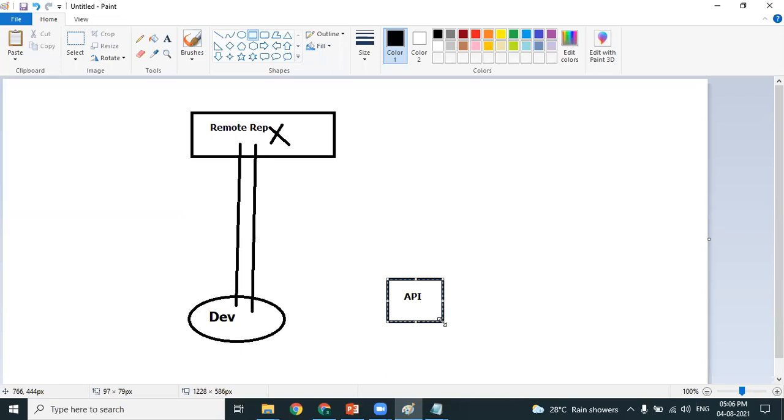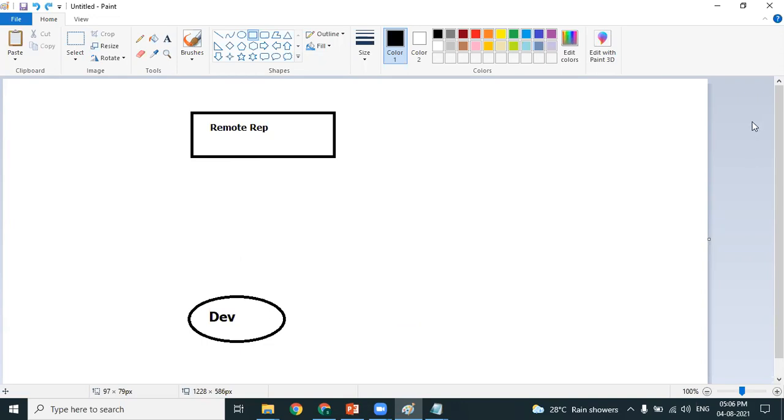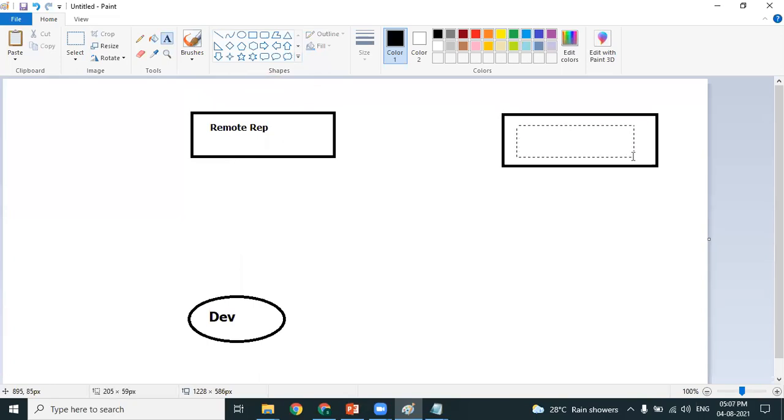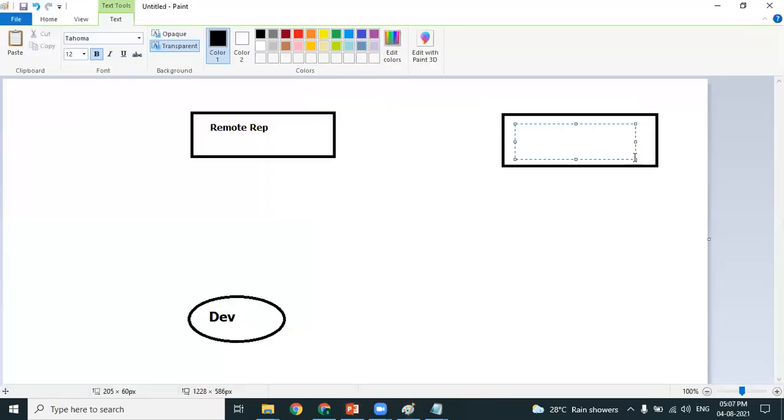So Maven provides a solution for this case. What Maven provides as a solution here is, Maven maintains a Maven global server.